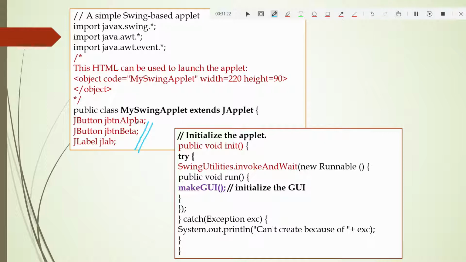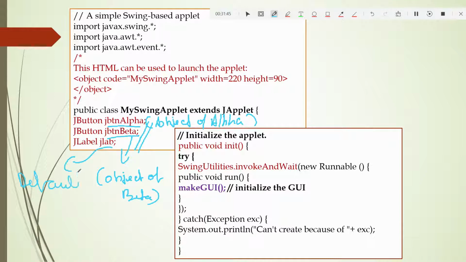Here also JButton alpha is the object of alpha, and JButton beta is the object of beta. This JLabel is for the default label.